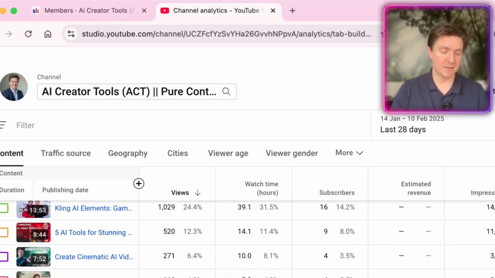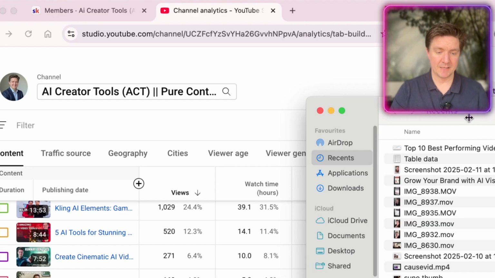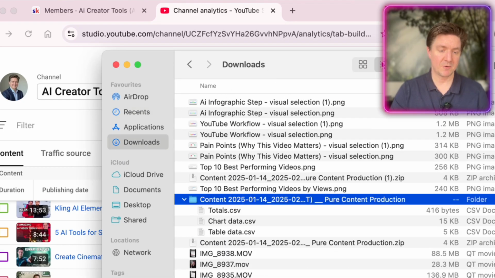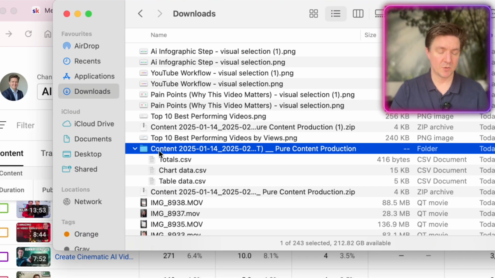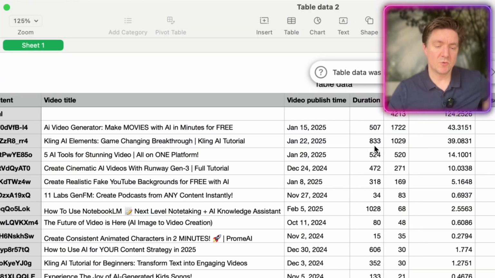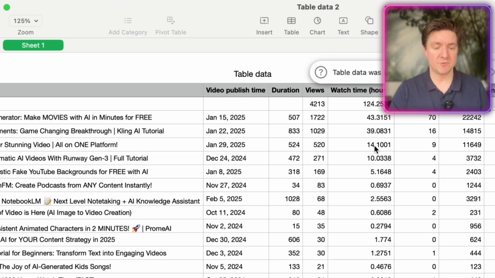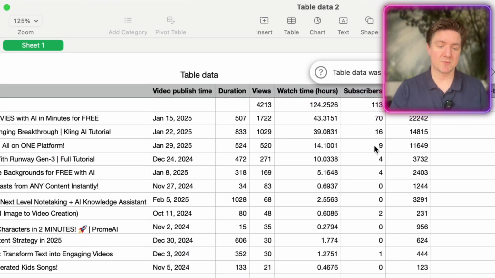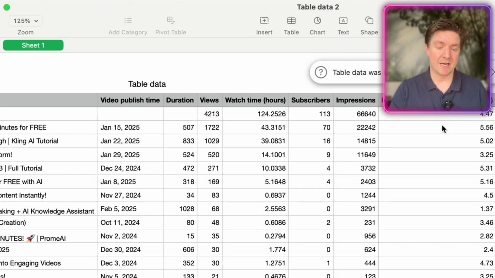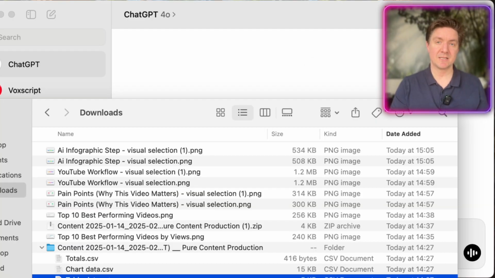So then when you do that, what you get is this folder for downloads here, which is content, production, and you get this CSV file here. Video title, video publishing time, duration, views, watch hours, subscribers, impressions, and click-through rates. So you can take that CSV file they've exported from your YouTube studio,